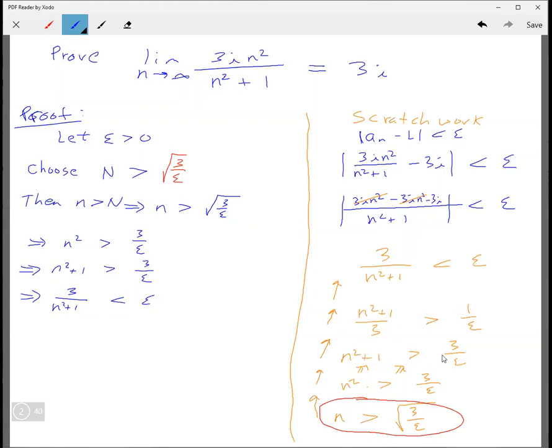I skipped that step, skipped going from there to there. I just went from there to there directly. And probably people would be able to see that. And then, let's see, what do we got here? We have